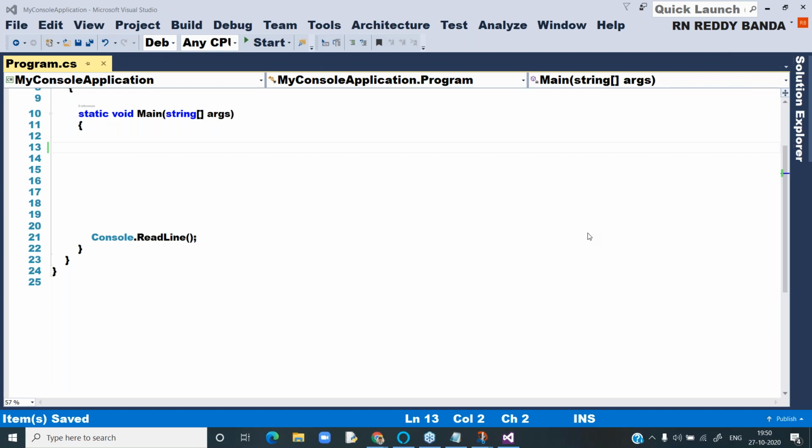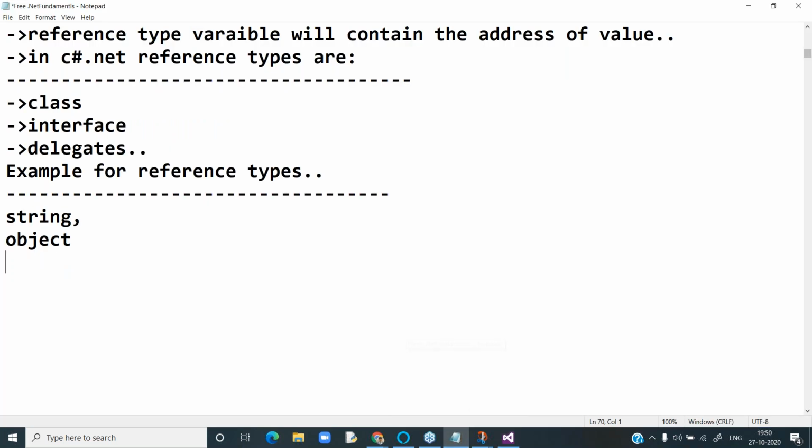This is the story. Next, second point: a value type variable will contain the actual value.